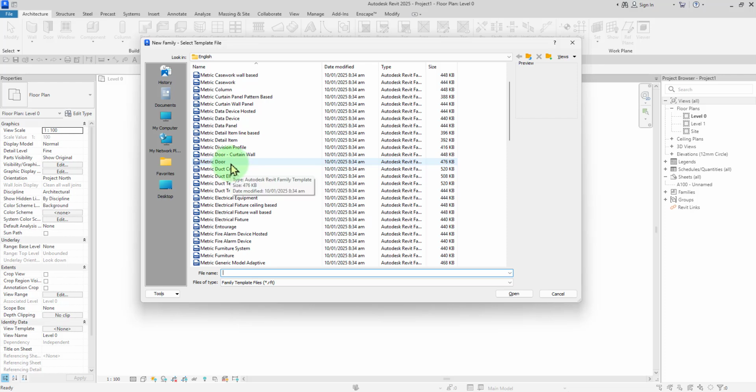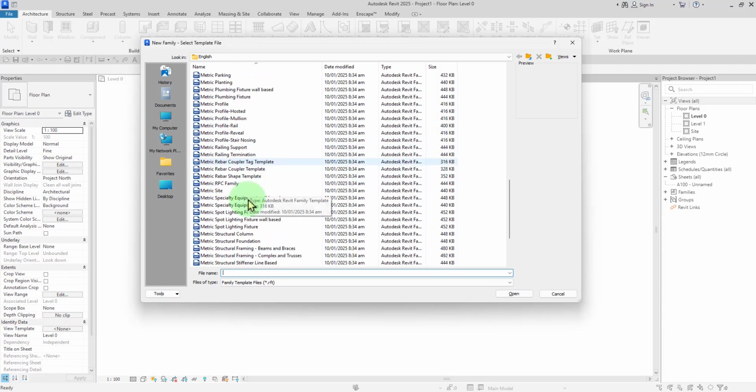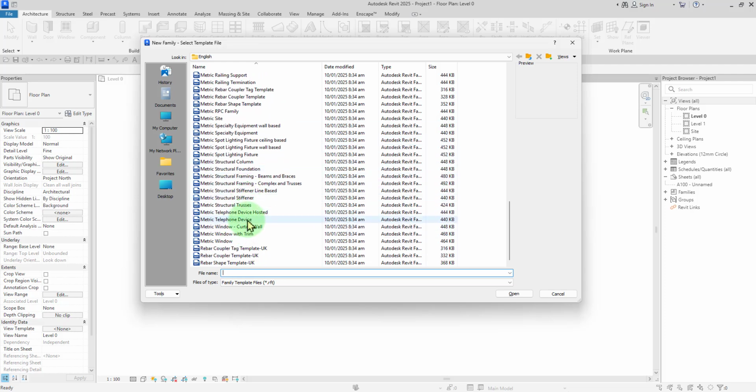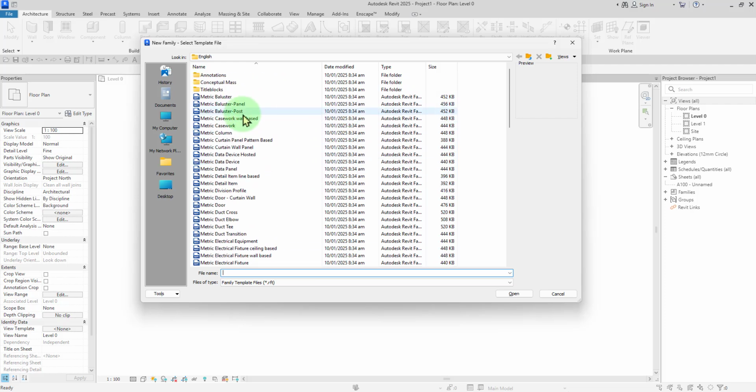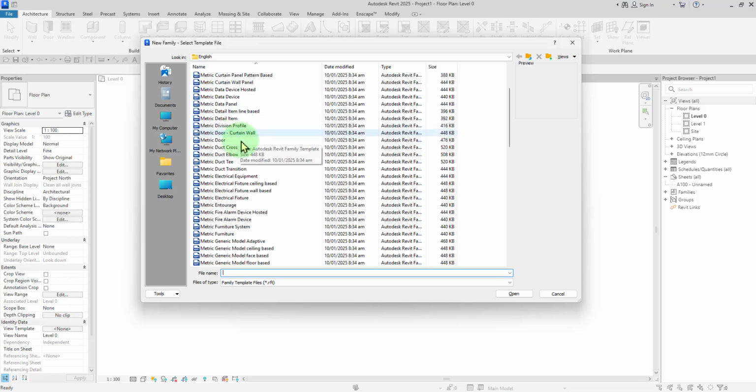If we're designing a curtain wall, we definitely go for the metric curtain wall template. If we're designing something like a balustrade, we are definitely going to go for the metric balustrade template, which is perfect. So what we would choose is the metric door template, but